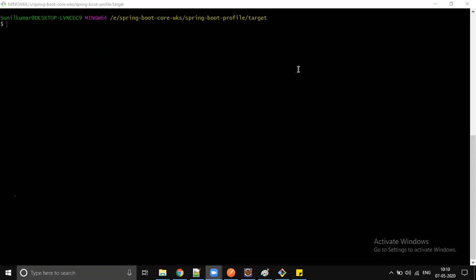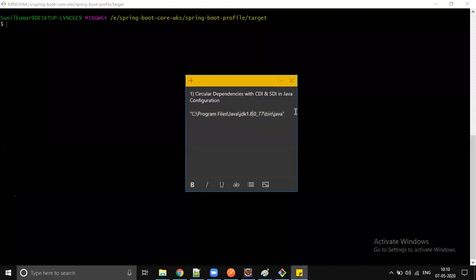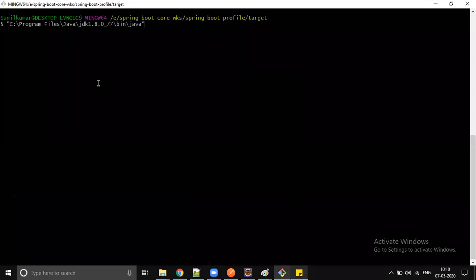Till now we didn't enable any profile. Now let's go and enable it. Let's deploy our code in the dev environment, for example. So I'm going to print this java -jar command, and I will run that Spring Boot jar file. This time I wanted to enable the profile, just assuming that we are deploying the code on the dev environment. Let's execute this command.